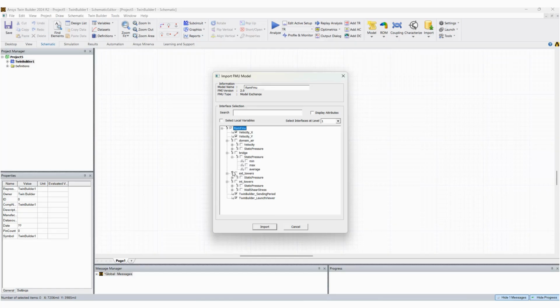What I would like to get is the average static pressure on the bridge, average static pressure on the external towers, average static pressure on the internal towers, as well as the average wall shear stress on the entire bridge surface. So clicking the import,